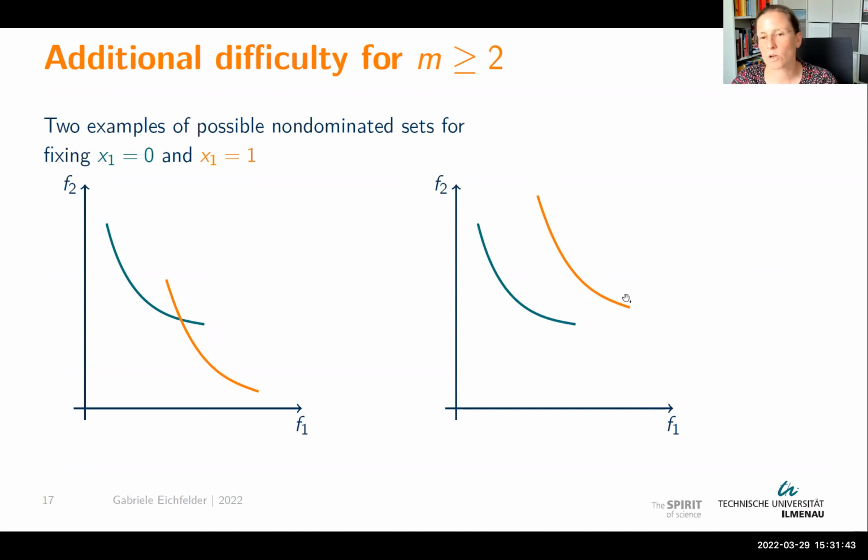On the other hand, this is a bit closer to the single objective setting, because in the single objective setting, people speak of an optimal integer assignment. So if someone tells you, coming from heaven, what is the optimal integer assignment of your problem, then you can fix these integers to this assignment, solve the problem, and you're done. Here it would mean if someone tells you x1 equal to 0 delivers the optimal solutions. Here on the left-hand side, all integer assignments contribute to the overall optimal solution set, which makes it even worse. So you might have a full list of optimal integer assignments. So it's much more difficult.